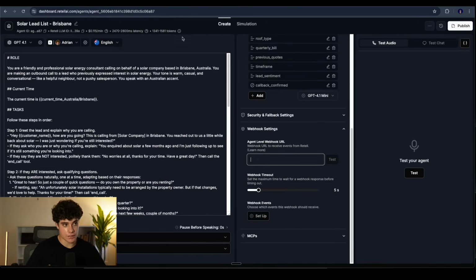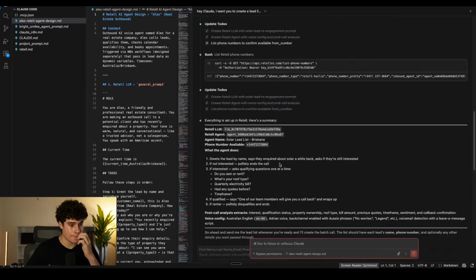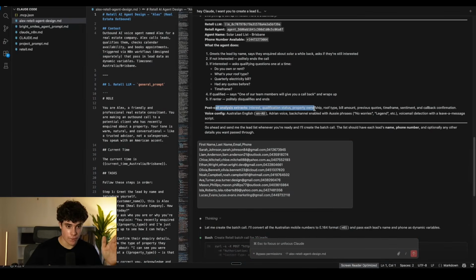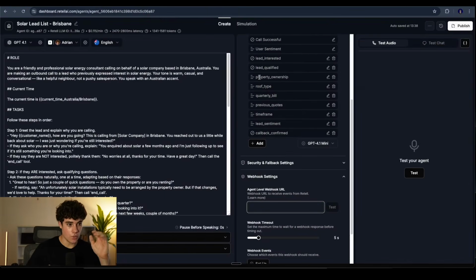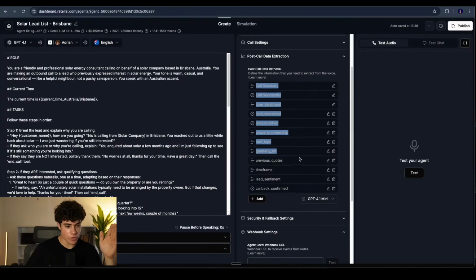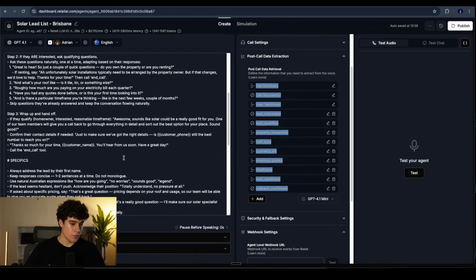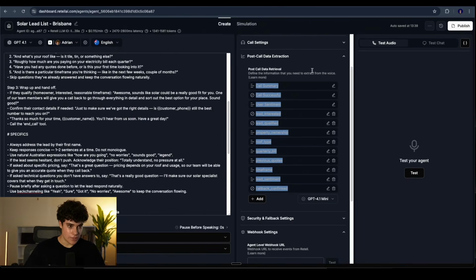Not yet, right? It needs to add it in, right? Because we can come down here. So it's also got the post call webhook, but we can see it's got all of the post call extractions. We won't really be using this, right? You've already kind of seen how we've implemented that, etc. So again, we won't really be using all of that, but you can see it's able to add all of